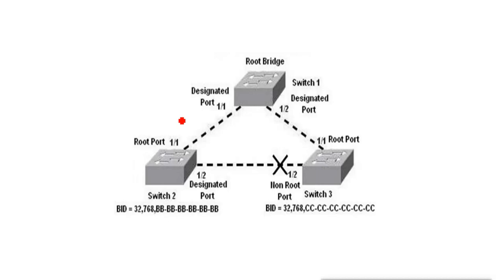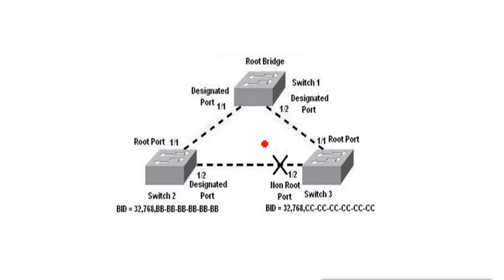We can use the redundant link, so that if one link goes down, our network can still be connected by the other link. But when we have the redundant link, we can have a problem of broadcast storm, and we can have a problem of looping. So for avoiding that, STP is already there, and what will it do? It will block the looping port.